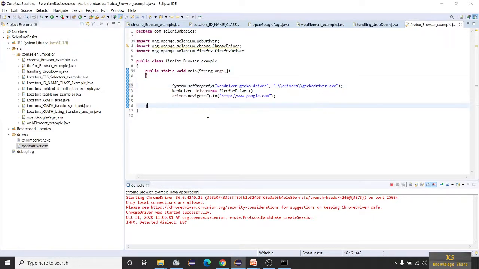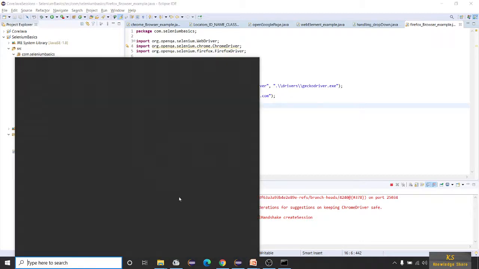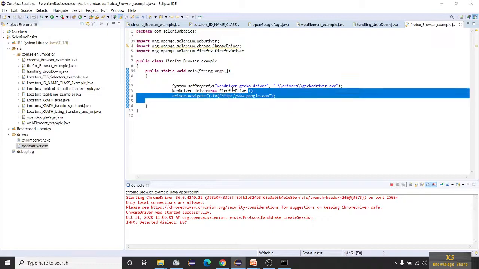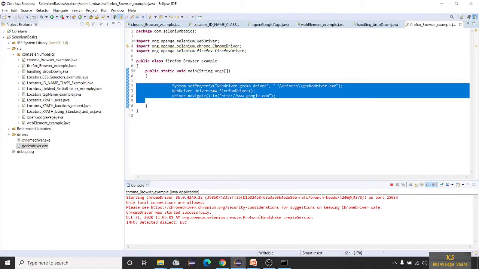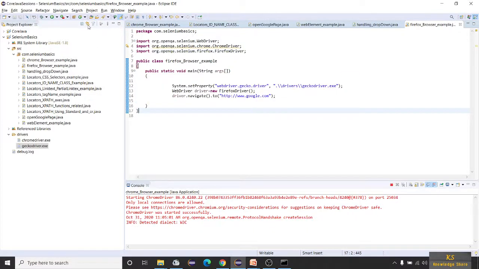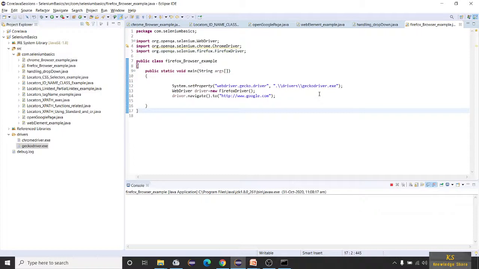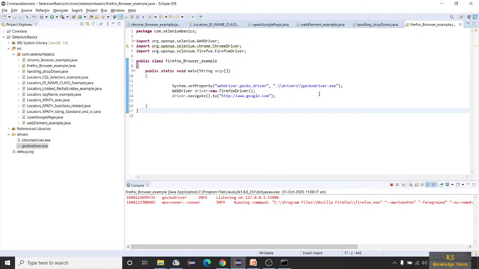Now I have Firefox in my system, and you don't have to look at the versions, because the exe files we download are automatically as per the latest versions. Now run this program, and the Firefox browser should be launched and open a Google page.